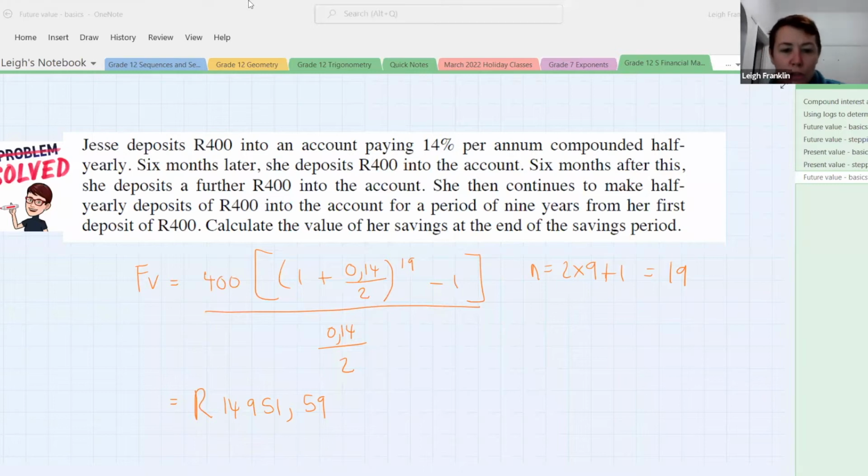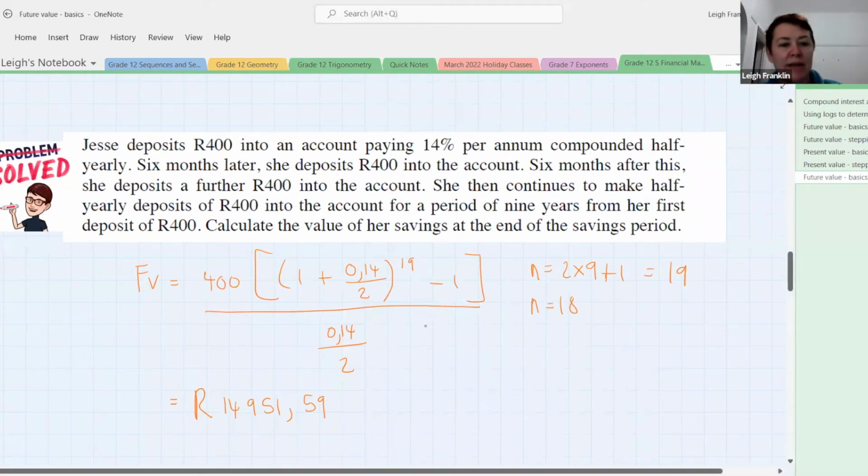Do you know what I would say for this particular question? I'm just reading it again. I think that this is actually a really bad example, so I think you could interpret it both ways. I think that n could be equal to 19, but I think you could also argue that n would be